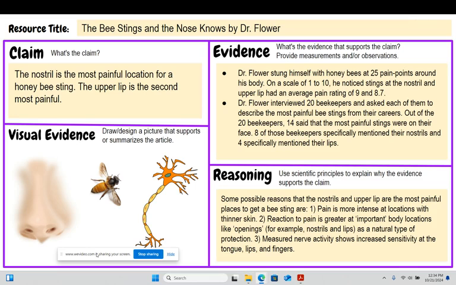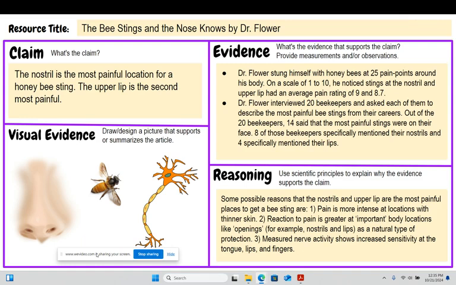Reasoning. We're using scientific principles to explain why. So some possible reasons that the nostrils and upper lip are the most painful places to get a bee sting are: 1, pain is more intense at locations with thinner skin. 2, reaction to pain is greater at important body locations like openings, for example, nostrils and lips, as a natural type of protection. And 3,